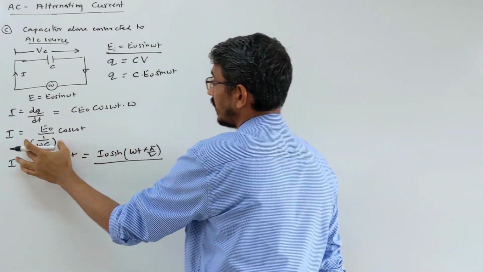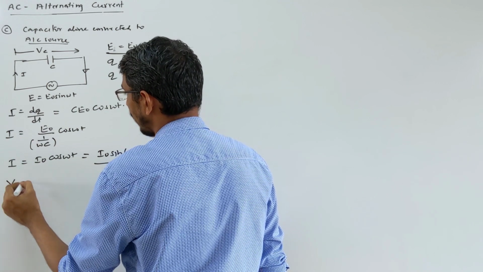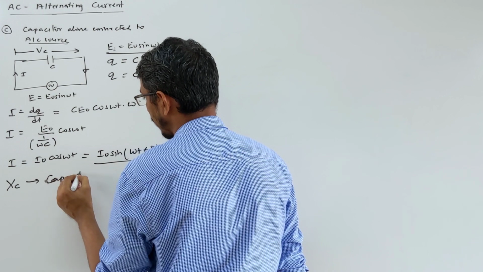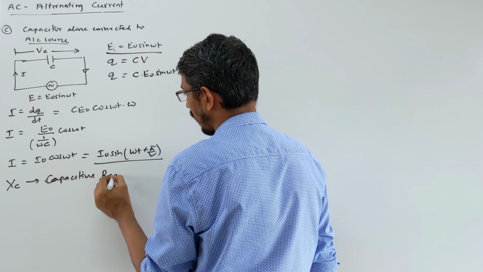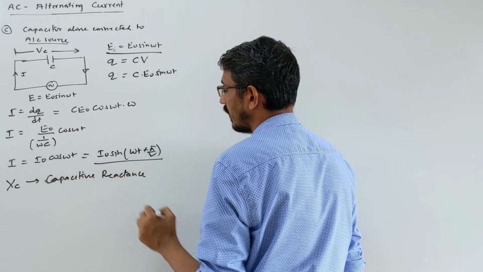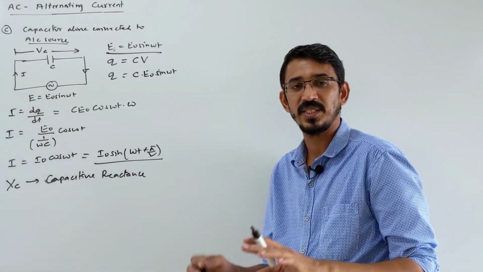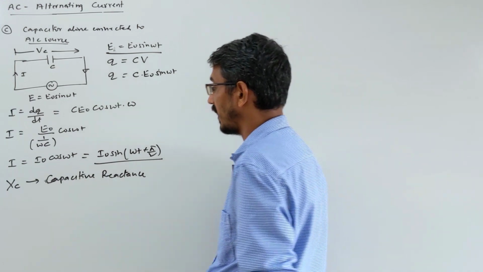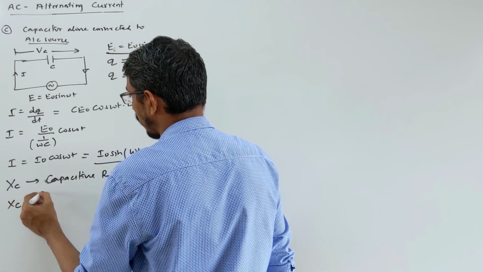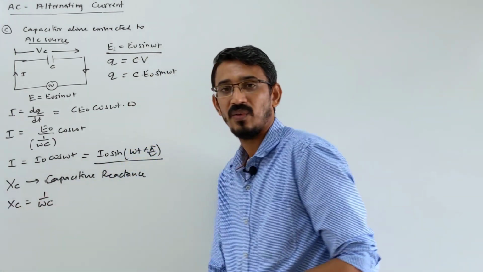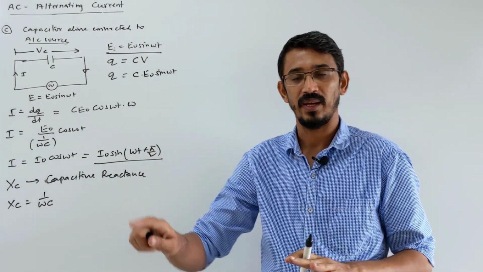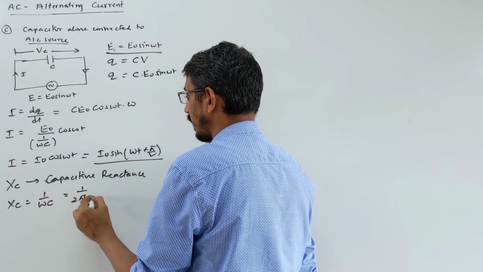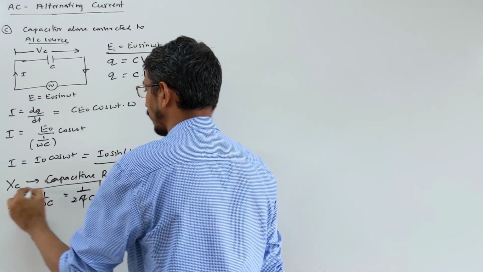Okay, let's first talk about this term. Xc is called capacitive reactance. Capacitive reactance is the resistance offered by a capacitor to AC current. So Xc value is 1 by omega C. What was XL? Omega into L. And omega you know is 2 pi f, frequency, into C. So you can write it, yes, you know it.